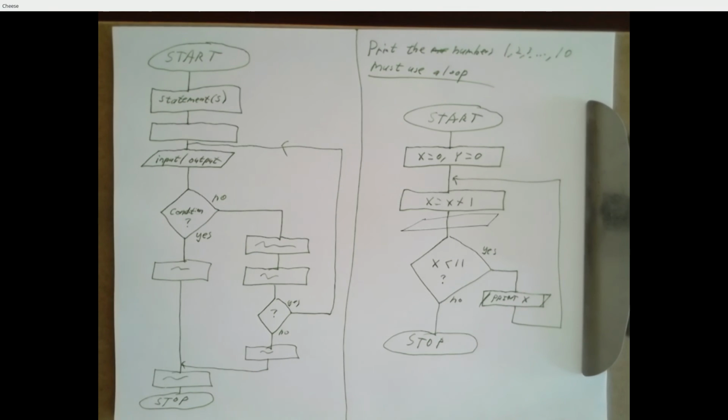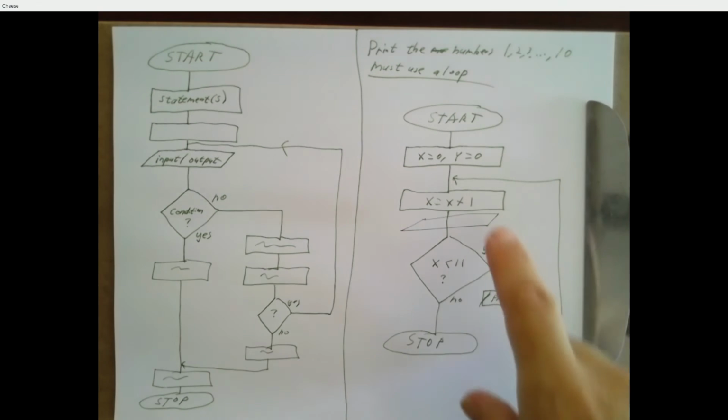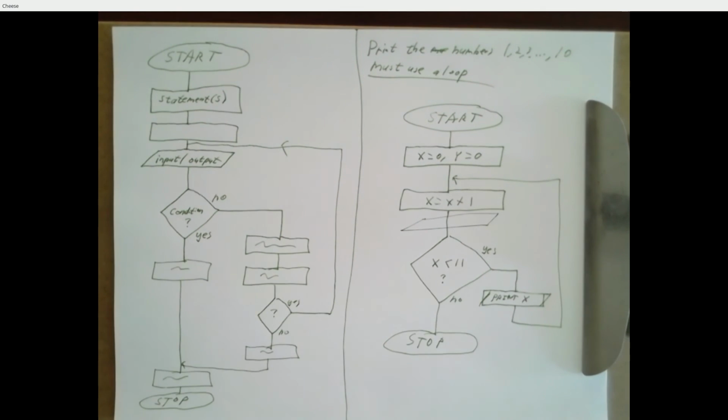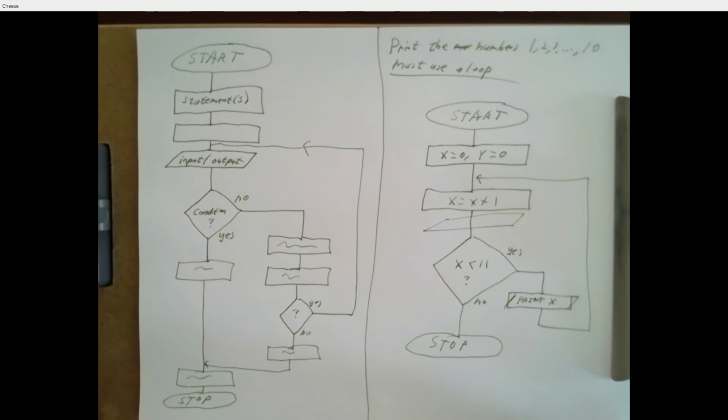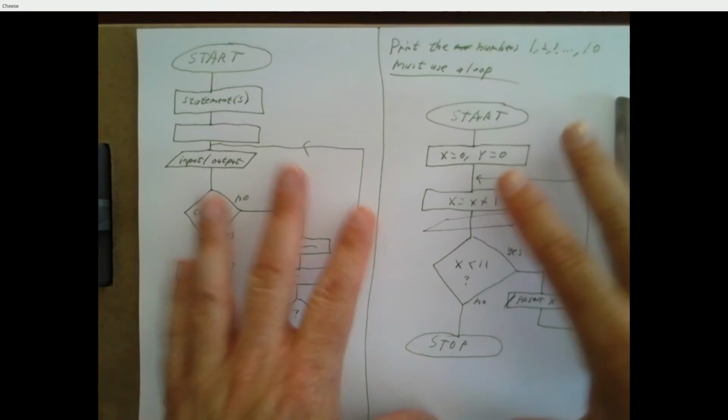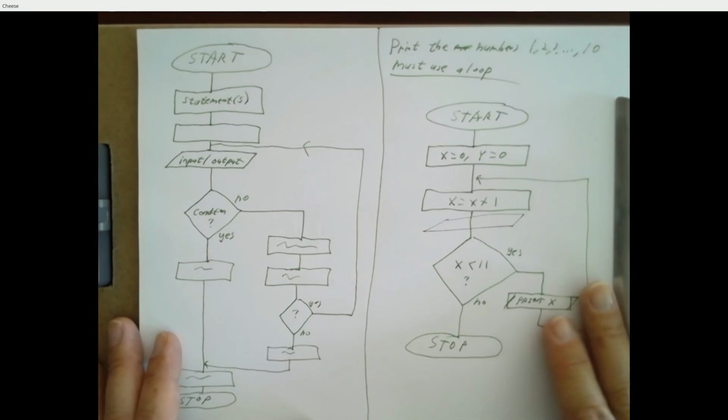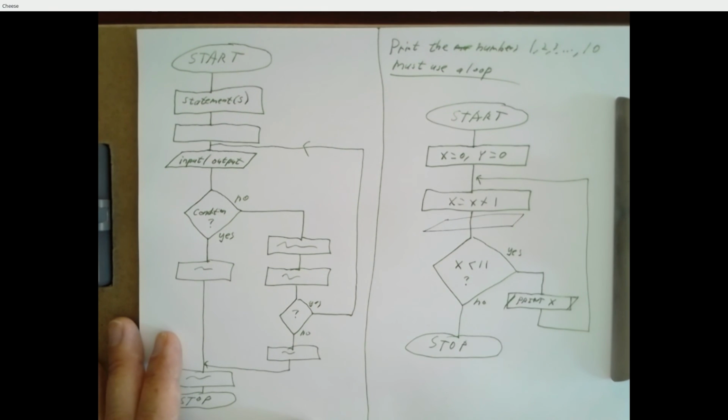And my mantra in 224 is the way that makes sense to you is the right way. I don't care if you print here and compare to 10, or you print here and compare to 11, or you print before you increment and you initialize to 1. Lots of different options. Find the one that makes sense to you and let that be the way that you're coding. Let that be the way that you're putting down algorithms. Because if you try to force yourself to think in some other style, to me, that hinders the creative flow. And this is a creative process. This is pure creativity here. Nothing to do with C syntax or GCC or Linux or anything else. This is looking at a problem and finding different ways to think about it.